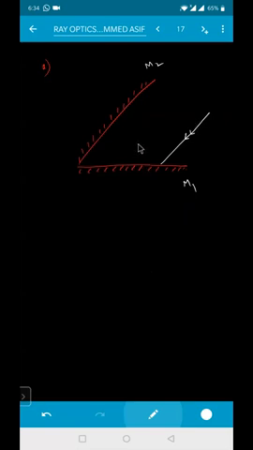This ray of light is parallel to the mirror, and this will become the normal, and this angle is, for example, alpha. You know that with whatever angle it is incident, with the same angle it will be reflected back. So this was also alpha. Then from this mirror it is reflected back like this, making some angle. I'll redraw it once again. See, this ray of light is incident on this one like this. So this one is also alpha.